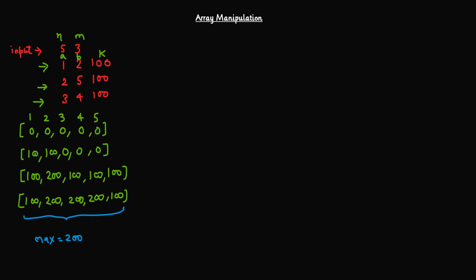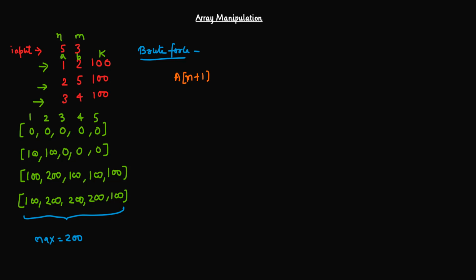Normally, let's try the brute force approach to solve this problem. First we have to take an array. I am initializing the array with size n plus 1. In Java, an array starts from the 0 index onwards, so that's why I have taken n plus 1, because for every index I don't want to do minus 1. You can see in the question they start from 1, but in Java the array starts from index 0. So I need one extra element, or otherwise I need to do minus 1 for every index, for every query, which I don't want to do. I want to make it simple.